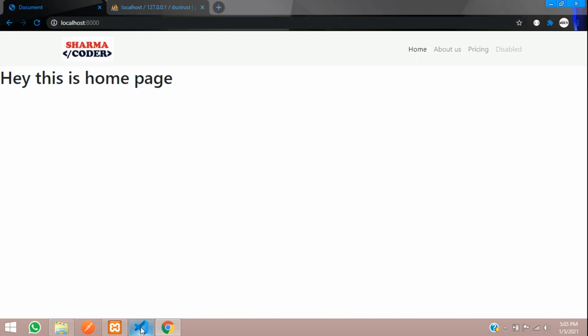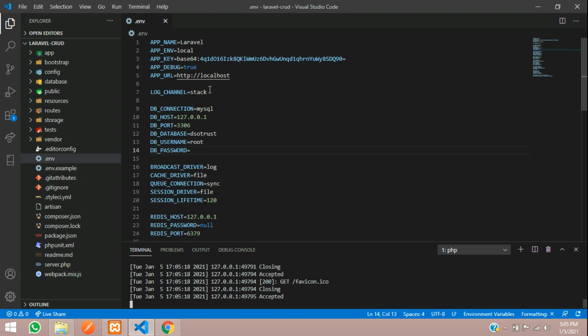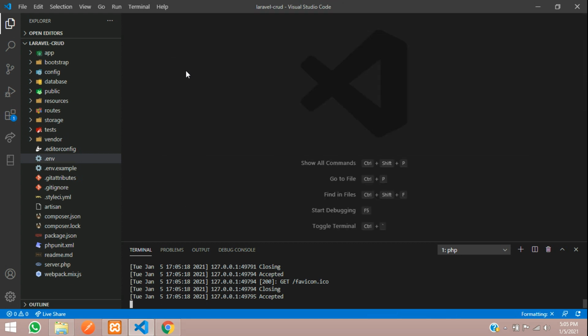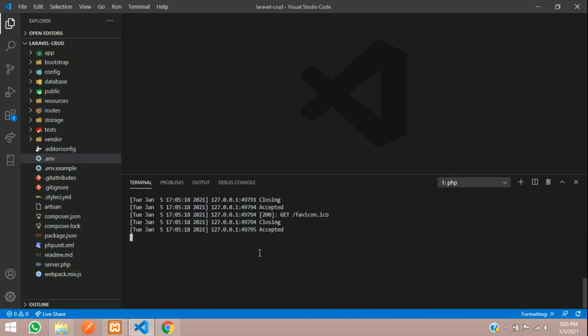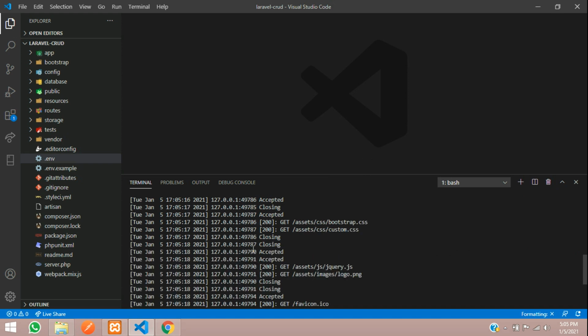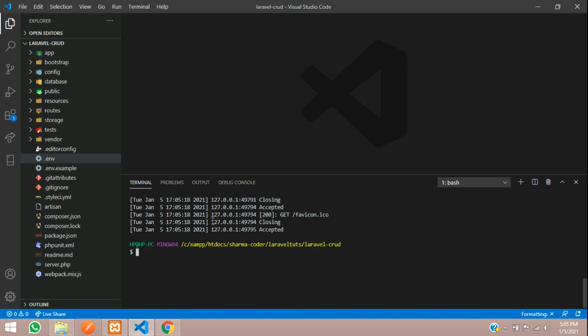Okay, so now let us create our migrations. What are migrations? Migrations are nothing but the tables which will be in our database. First we have to create them through a command. To create, first let us stop this project. You can use the git bash directly in your folder to run the project and create the command simultaneously, but to show you how it works I'm just doing it in the same terminal.